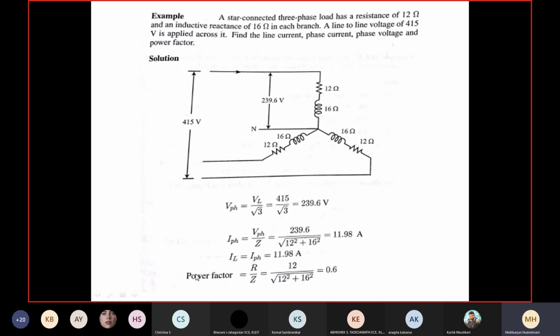In case of a single phase circuit, what is the power factor? The ratio of resistance to impedance. It is 12 divided by the root of 12 square plus 16 square. It becomes 0.6. You did it. It is a worth 6 mark problem. Can you understand this? It is a very simple approach. Only you have to remember the relationships of voltage, current and